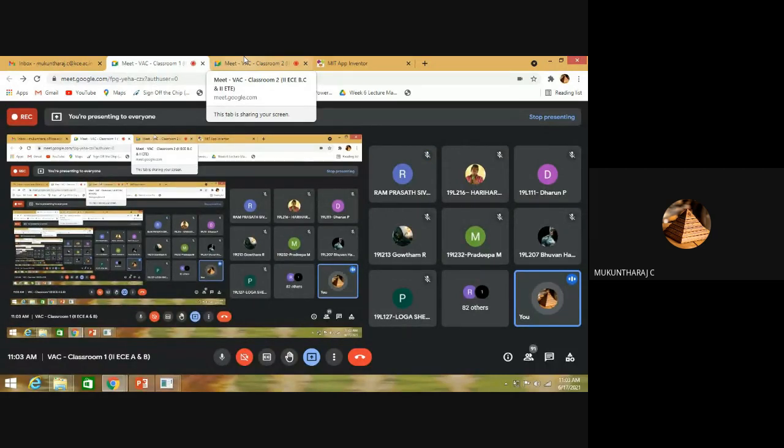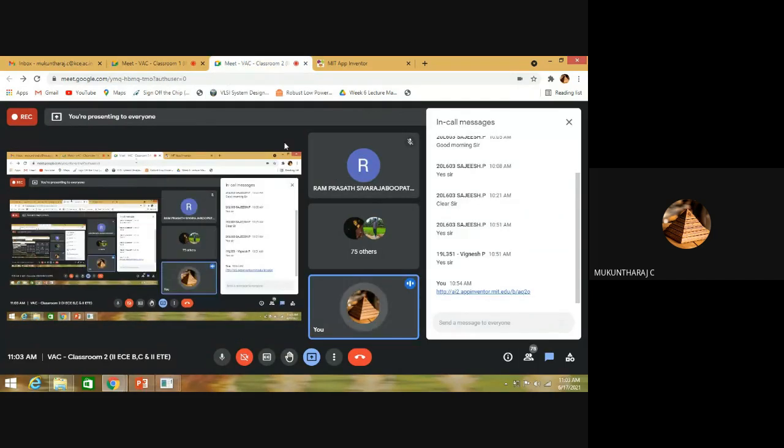Now we are going to merge these two things together so that if I say LED turn on, it should send text 1 to the Bluetooth device. If I say LED off, it should send text 0 to my Bluetooth device.